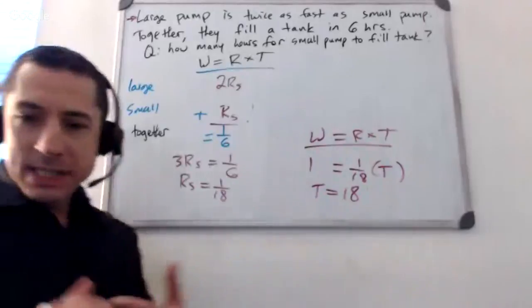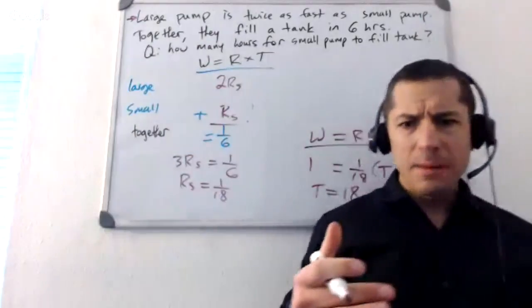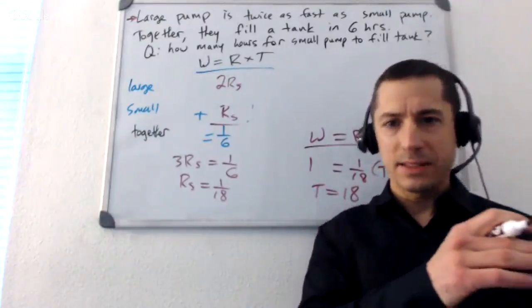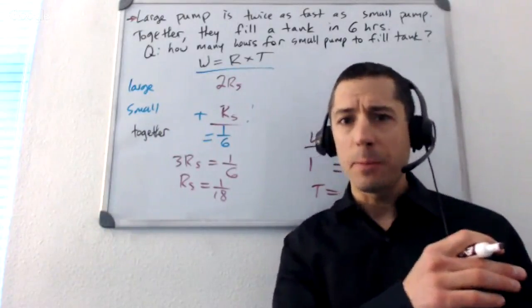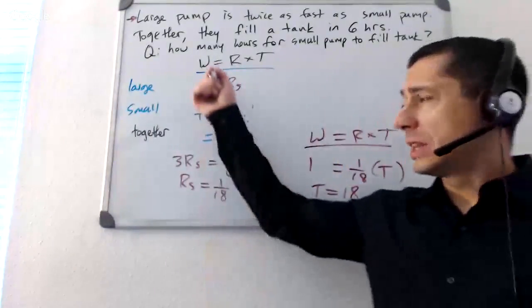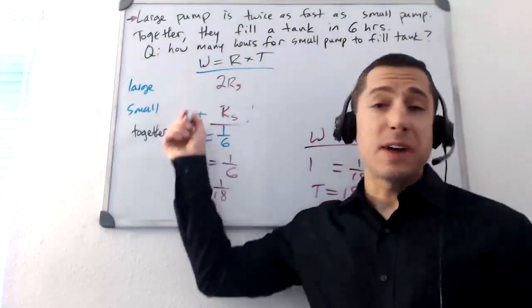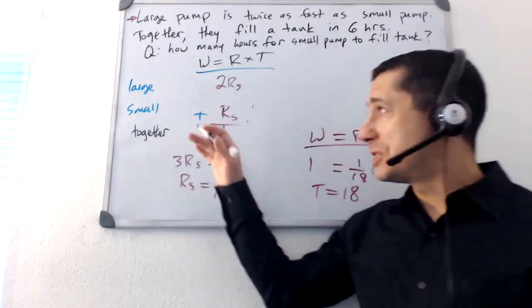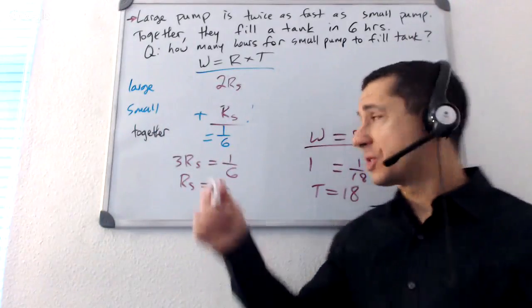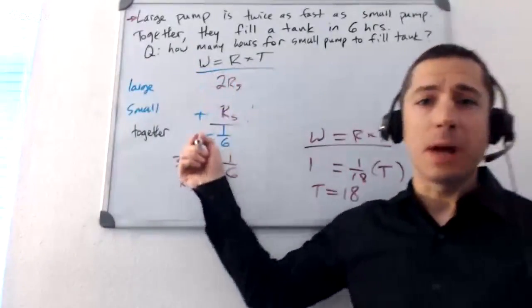And again, all of the different mistakes. So I think we had some answers of B. Well, yeah, those are the people who solved for the large pump, not the small pump. That could be a couple things. You didn't reread the question at the end. More likely for a lot of you guys, it was that you didn't define these variables carefully. If you turn these into just X or R or L, that's where you're going to get into trouble. Make sure those variables are as intuitive as are humanly possible.